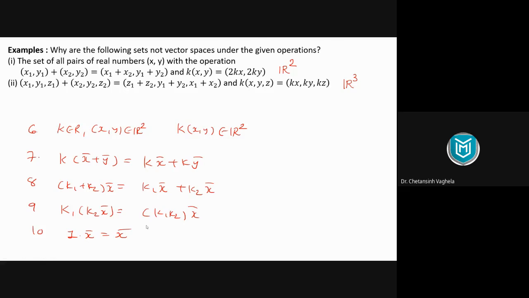Okay, so here Raj says there should be a problem with the 7th condition. Is there any other opinion from anyone? The conditions are here on your screen. The operations are on your screen. The set is R2. Then what do you think? Which condition should create a problem here for this operation? If I take k times (x, y) equal to (2 times kx, 2 times ky), then which condition should create a problem here? If you understand the conditions very well, the answer is very clear. It is on your screen actually.